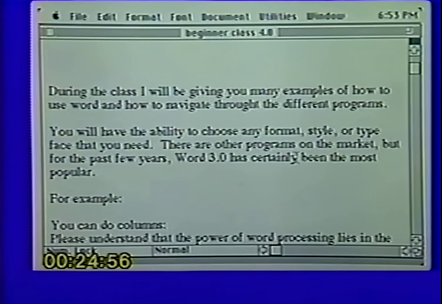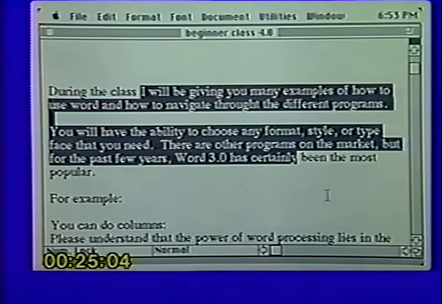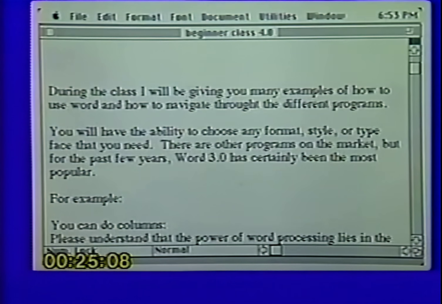But if I clicked right now, it would just simply move the cursor to that point, so I have to do something else. So to make that selection, simply click where you want it to start, go down to where you want it to stop, and hold your Shift key down as you make the second click. And you will notice it selects everything in between those 2 spots. So once again, click where you want it to start and go down to where you want your selection to stop, hold the Shift key down and click the second time, and it will select everything in between those 2 spots. You'll find that that comes in really handy when you want to select something like a page and a half.